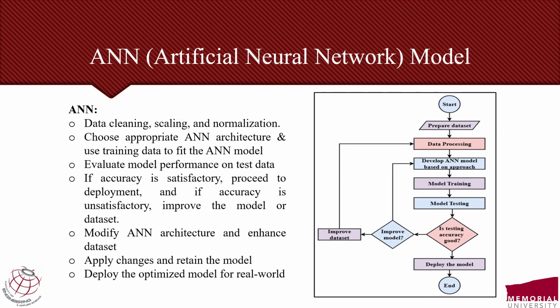ANN, the Artificial Neural Network model. In the ANN model, after data pre-processing, I selected a suitable network architecture. Each neuron processes inputs using an activation function, includes a bias term, and generates output based on weighted sums. The goal was to find a model that balances accuracy and generalization, ready for real-world forecasting.